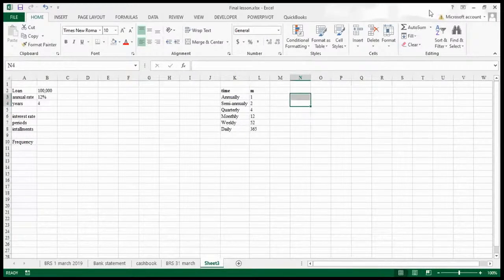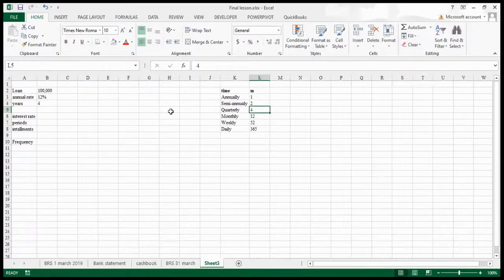You are simply taking the interest rate and dividing it by the frequency of payment in a year. So if you are going to do it on a monthly basis, then you are taking your interest rate and dividing by 12. If you are going to do it on a quarterly basis, then you are taking your 12% and dividing by 4, and your new interest rate is now going to be